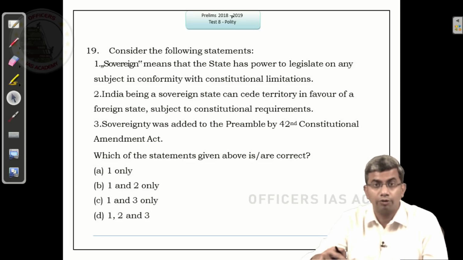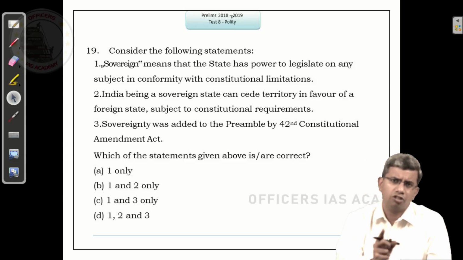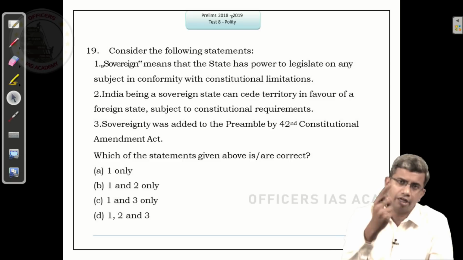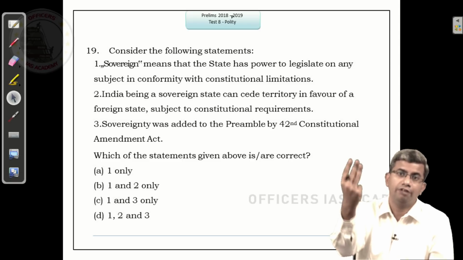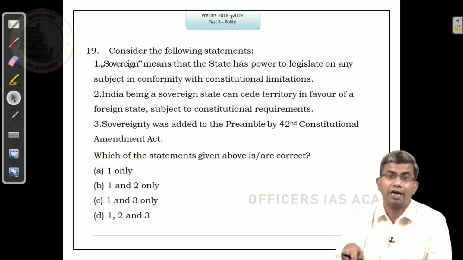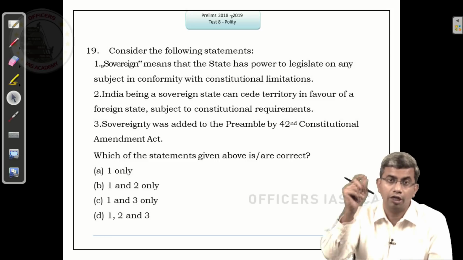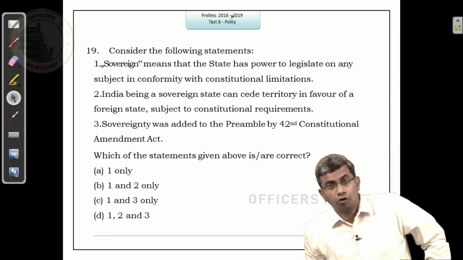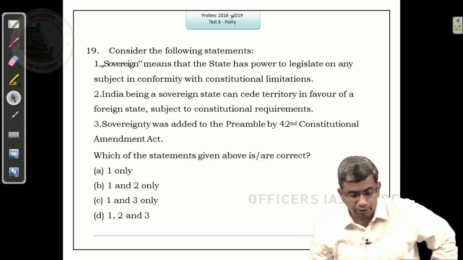But just in case the question is framed in this manner, the first thing that you will have to look out for is whether the question is asking for correct statements or incorrect statements. Majority, why majority? 98% of the questions, as I told you. 1 or 2 questions may ask for incorrect statements in UPSC, sometimes even 3, but this is a practice for you so that you don't miss out on that one odd question and make a blunder because of your oversight, right? So it is asking for correct statements.